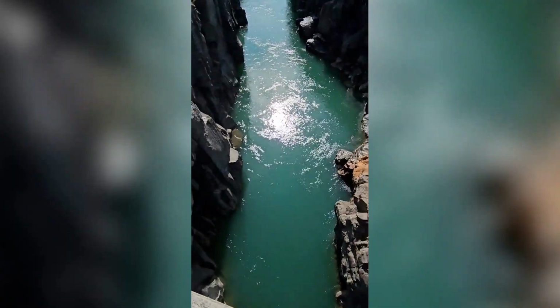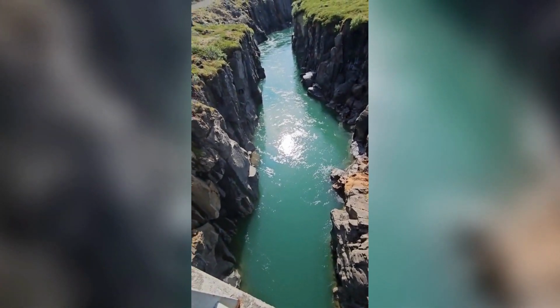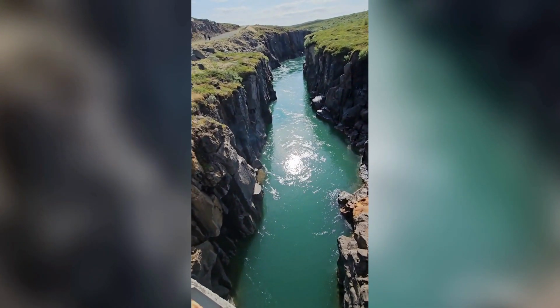I would believe that is because we are already in the part of Iceland which has a lot of geysers and a lot of natural waters coming out of the ground that's going all the way down to the other part of this island. A lot of sulfur and a lot of other minerals, making the color of these waters very